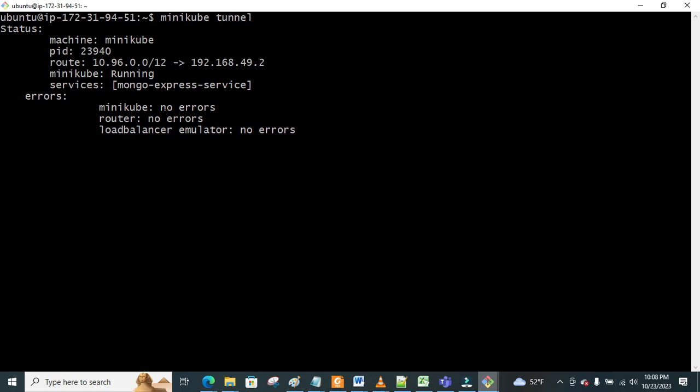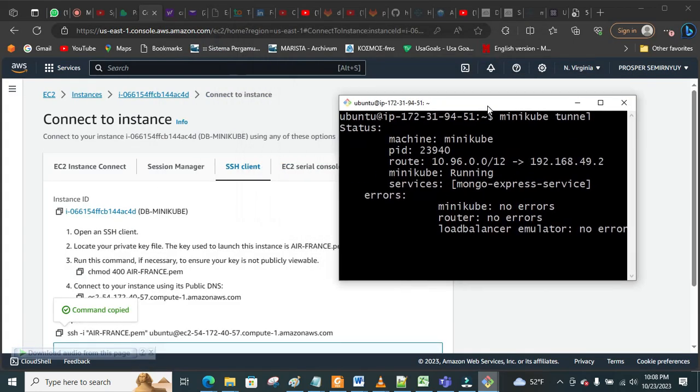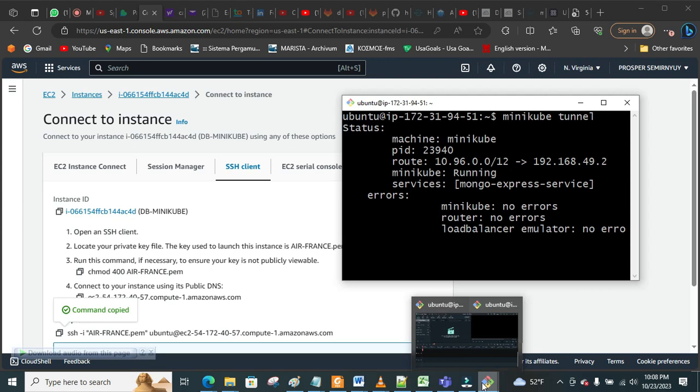It is telling us minikube, no errors, router, no errors, load balancer emulator, no errors. There is no error that we are having so far. Okay, now we have opened the tunnel. The tunnel is open. We keep it. We come now to our main